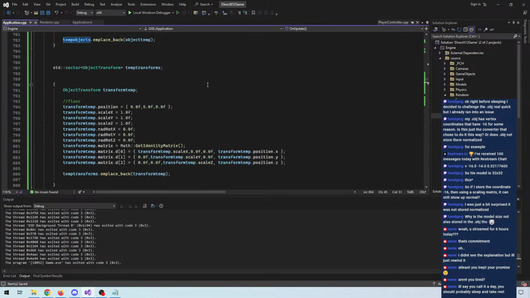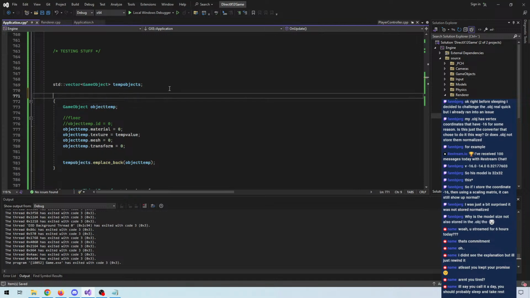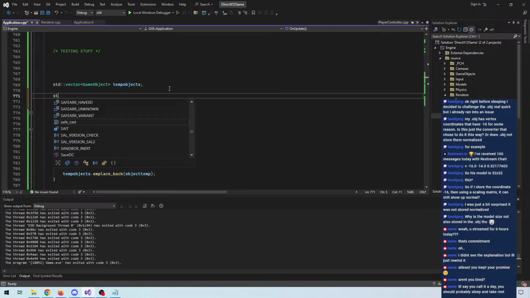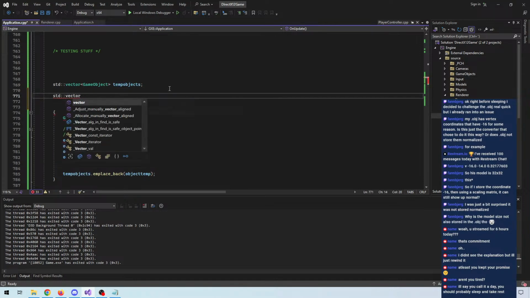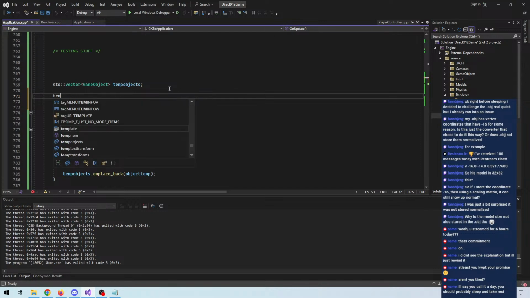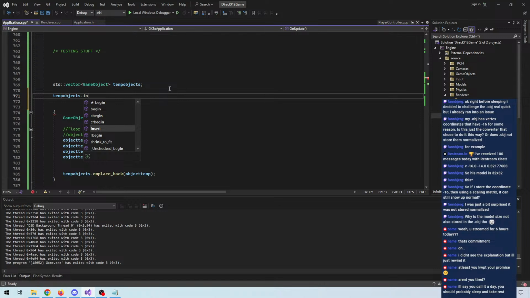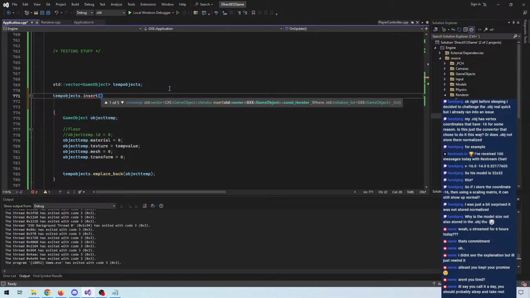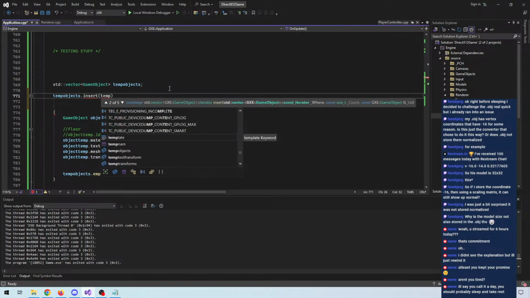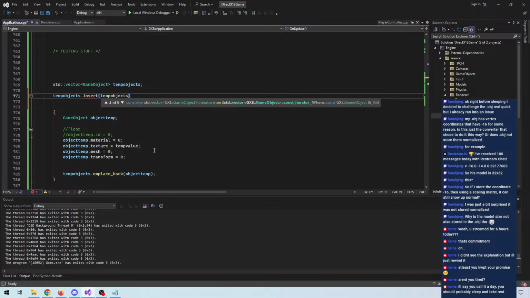We do this still, but we simply, or rather, temp objects. We insert at temp objects dot end and